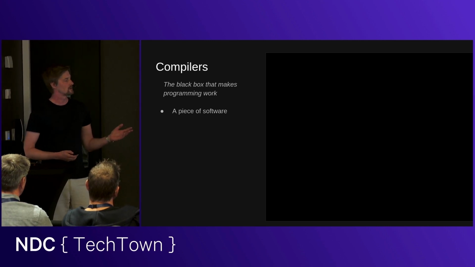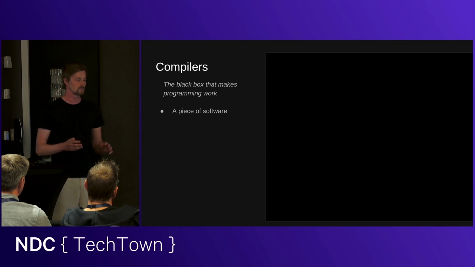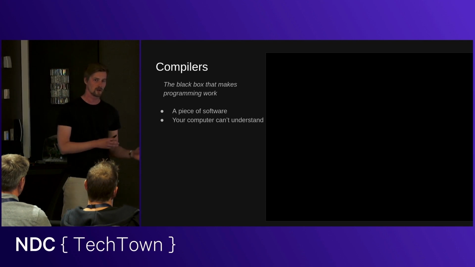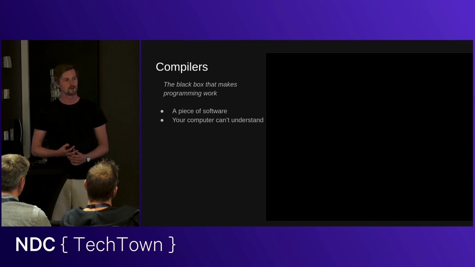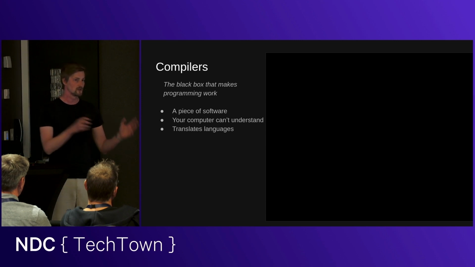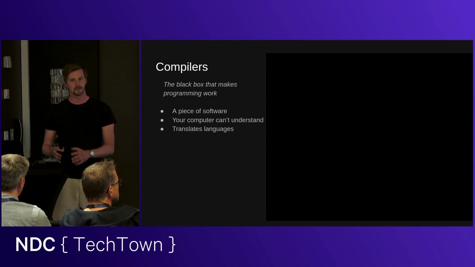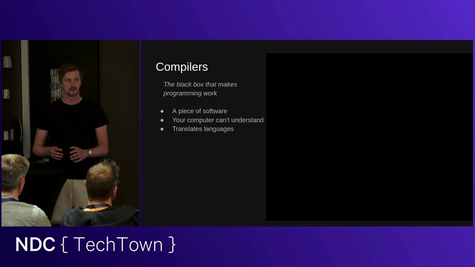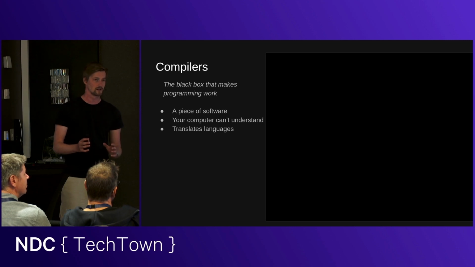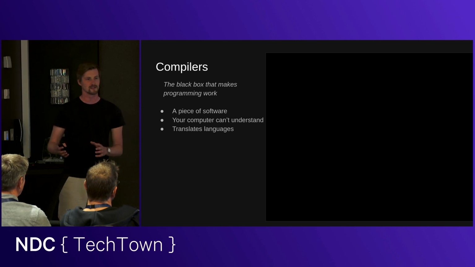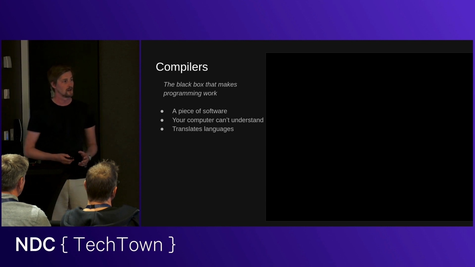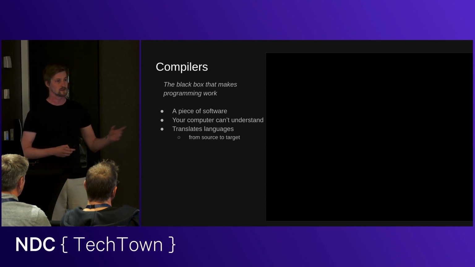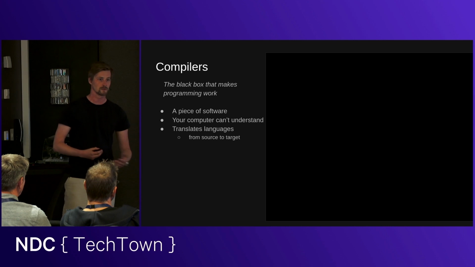But that doesn't really explain what the compiler does. So the core challenge is that your computer does not understand your code. If you write Java or C++ or C, your computer can't really comprehend that language. So you need something to translate your preferred language to something that the computer can use, right? Your computer only has some set of instructions, and that is not the same as your preferred programming language. So we have this notion of a source language, which is, for example, C++, whatever you want to write your code in,